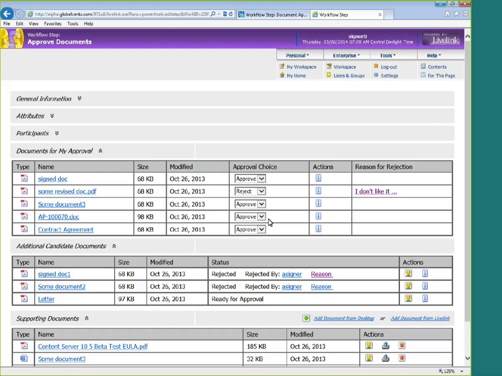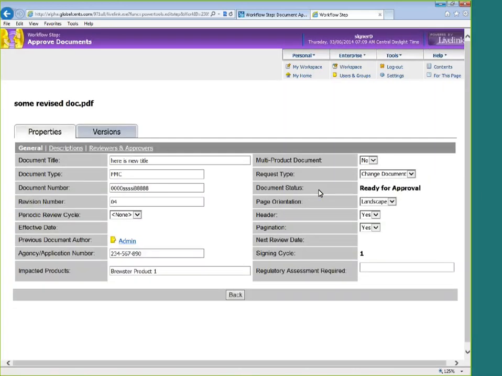Hey, Jeff? Yes? I'm sorry to interrupt you, but could you just go back to the info panel just for one second where you just were on the document? Absolutely. I noticed that you got page orientation. So this client not only had mixed documents, but they had mixed page orientation documents. And we were managing the signature pages and the watermarks associated with those as well. Absolutely. Yep.